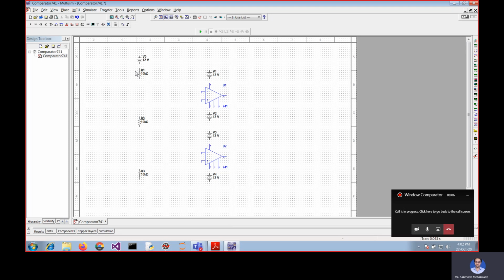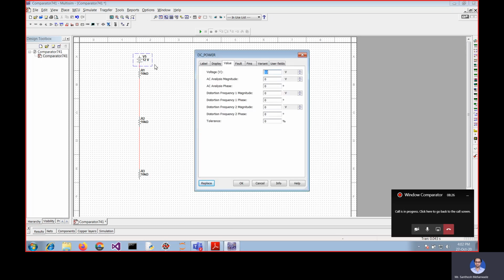Okay, connect all those things. Next one, you can see that here our potential will be of 5 volt, not a 12 volt, so I will apply 5.